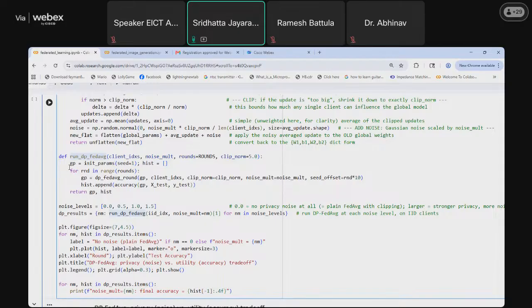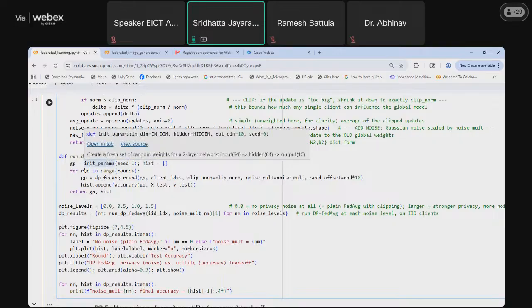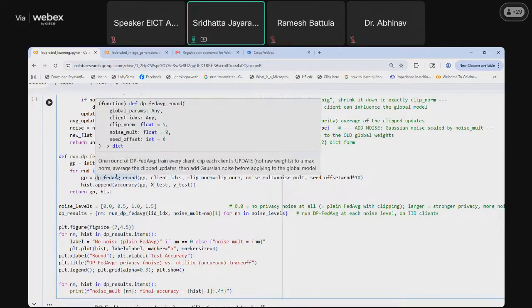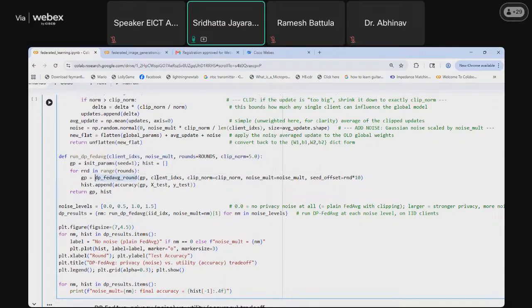Initially it begins with the global parameters, which we initialize randomly, and then it begins with rounds. In each round, we call dp_fed_average_round and pass the global or server parameters, the client indexes that will be training for that particular round, the clip norm, the noise multiplier, and the seed.